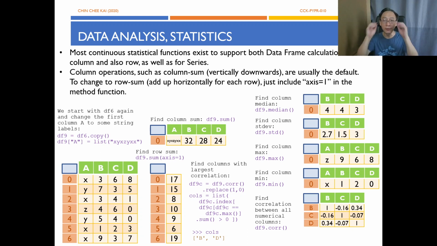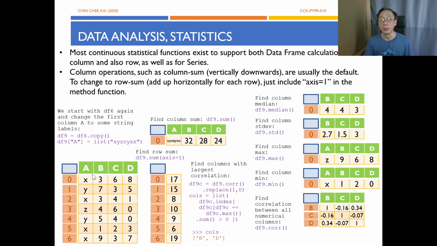If you selected row number 0 here and say sum this entire bunch of values, Excel will not flag an error. Instead, it will skip over X and quietly add up 3, 6, 8 and return 17. So that's nice, and this is what pandas does. Okay, so adding across. And if we need correlation, then what pandas does is that it will again skip anything